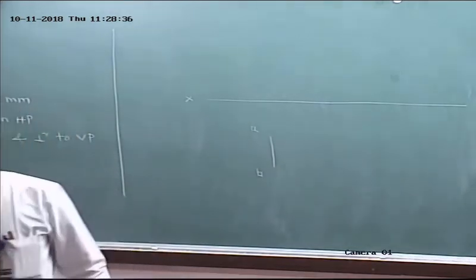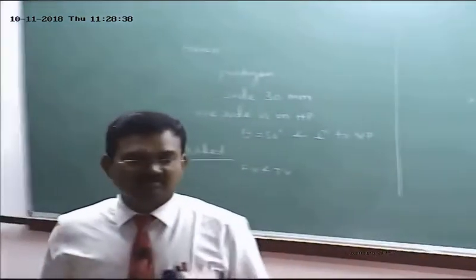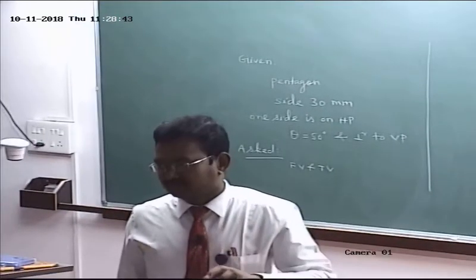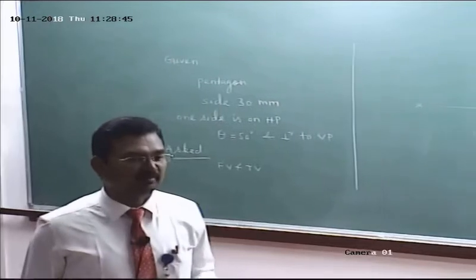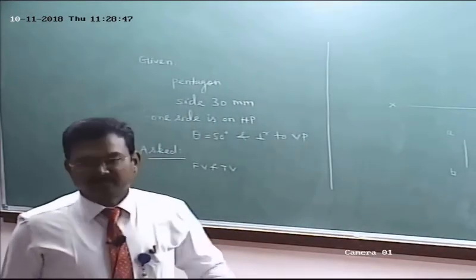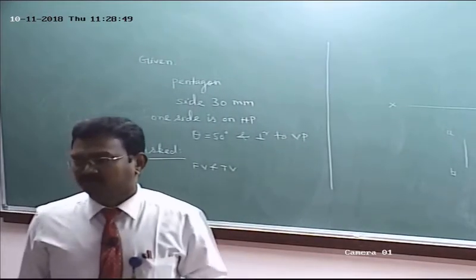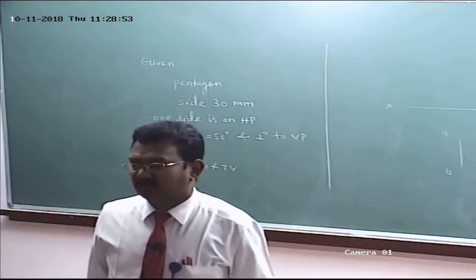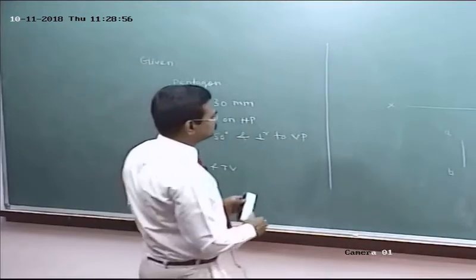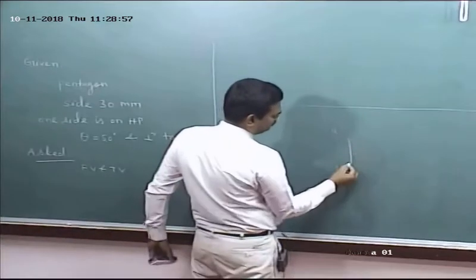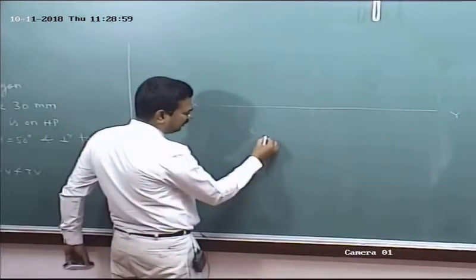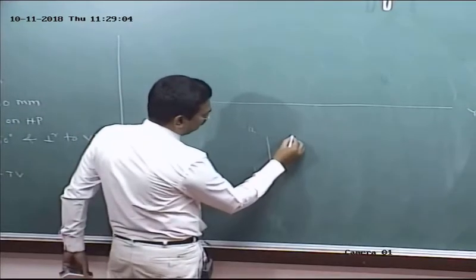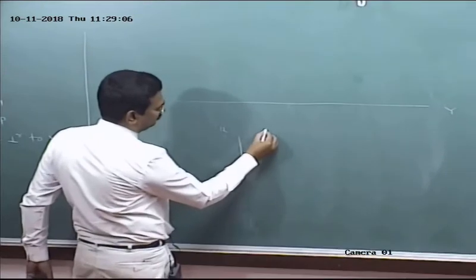How to construct a pentagon? Just now we have discussed. At first, you have to calculate the sum of the included angles by using the equation (2n minus 4) into 90 degree. Then, by using this value, you have to find each included angle. For a pentagon, it is 108 degree. So, construct the pentagon first. With reference to the point A and the reference line AB, by using a protractor, mark the angle 108 degree: 90, 100, 108.